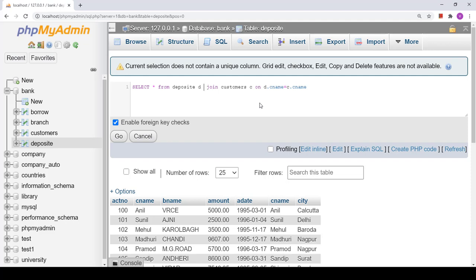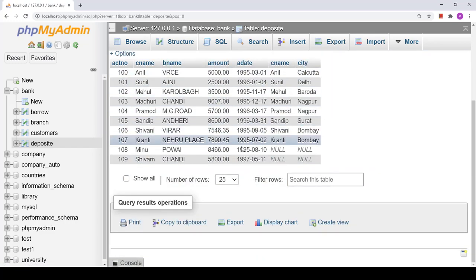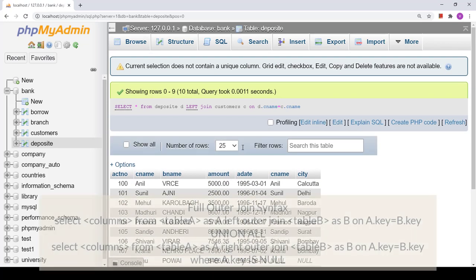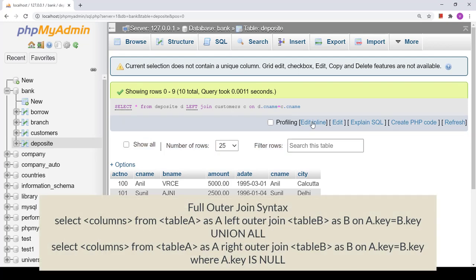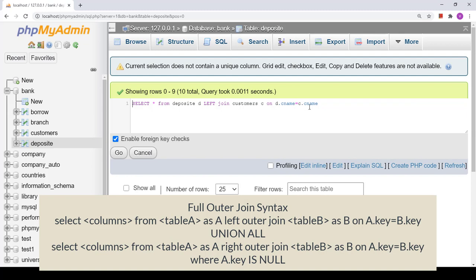So first we will go for left join. Fine. So the result of left join is what? All the tuples from the table which is on the left hand side. लेफ्ट साइड का जो टेबल होगा उसके सभी डेटा आ जाएंगे. अभी मुझे क्या करना है? अभी मुझे यूनियन ऑल करना है. Fine. और उसमें राइट हैंड साइड का डेटा लेना है. So in that case I have to apply the right outer join. अभी ये राइट आउटर ज्वाइन.